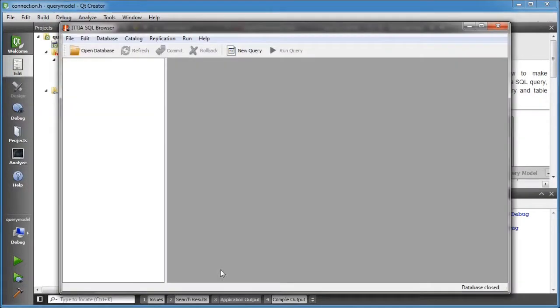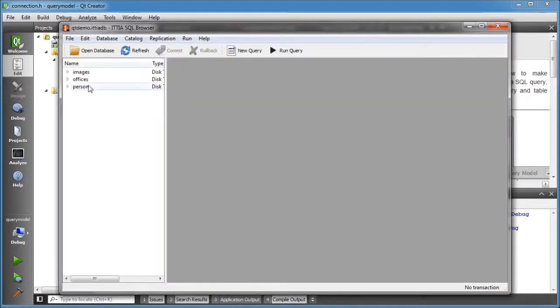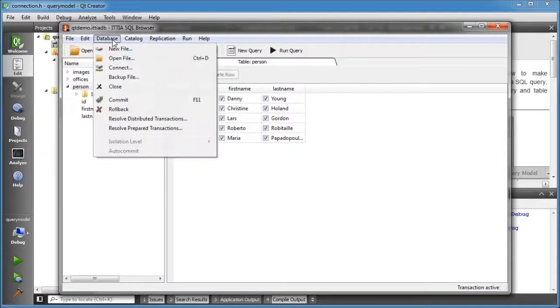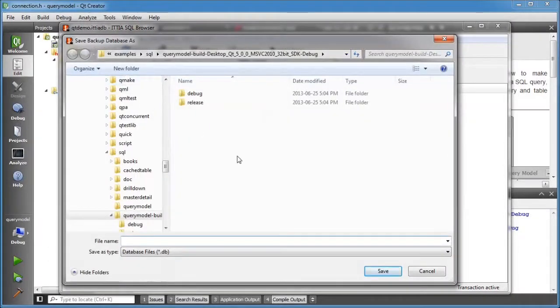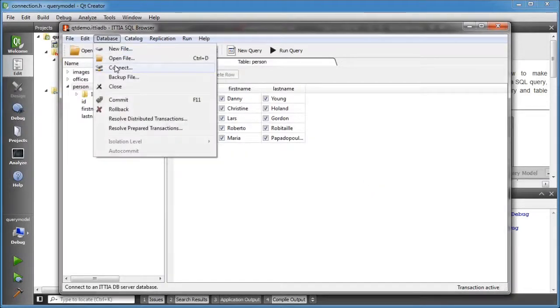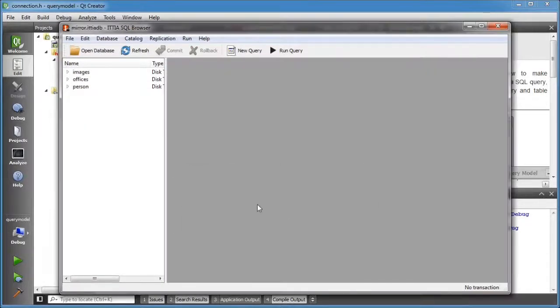Next, I'm going to use the ETSQL browser utility to set up replication to a mirror database. Replication can also be configured through code, but you only have to set it up once, so using the utility will be faster. In order to replicate with ETDB SQL, we need another database file with a similar schema. I'll just make a backup copy so that I don't have to start from scratch. And I'll open that up so that we can use it to start configuring replication.